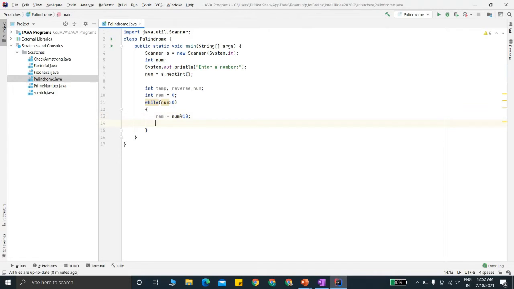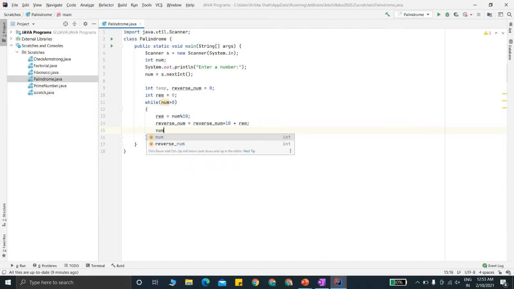Next, we'll add the remainder to the reverse number variable. So reverse num will be equal to reverse num into 10 plus remainder. In this way, every time we get a remainder, the already stored number in the reverse num variable will be multiplied by 10 and we'll add the remainder to that number.